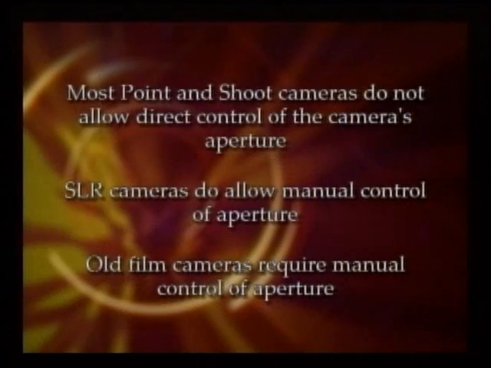One thing that we probably ought to mention is that most point-and-shoot cameras like this don't have a way to manually control the f number, the aperture on the camera. I say direct because there are ways you can trick the camera into using a shallow depth of field, a larger aperture. And then there's ways to make it use a smaller aperture. That's something we're going to cover in lesson 3 when we talk more about how to get the most out of a point-and-shoot camera. But one of the reasons that people go to the SLR style cameras is because you have direct control of that.